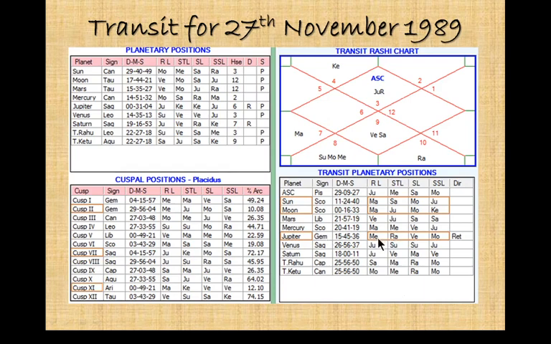So let's study Mercury in the star of Saturn, and sublord is Rahu. Saturn in 2, Rahu represents Venus in 11th. So 2 and 11. Similarly, Jupiter was in the star of Rahu, Venus and Saturn. Venus in 2, Saturn in 11. Venus in 11th and Saturn in 2. Jupiter was in the sublord of Venus.